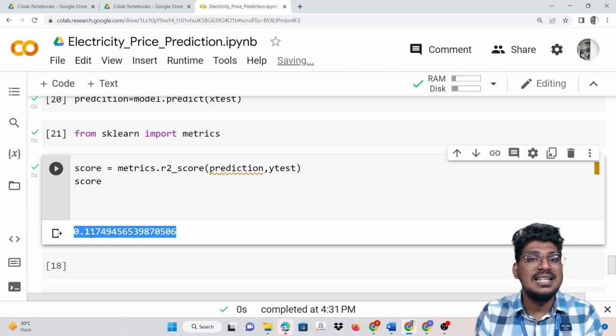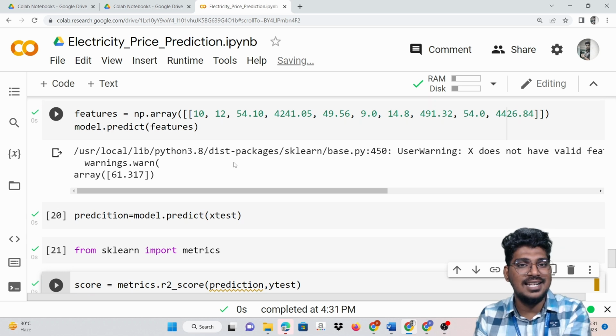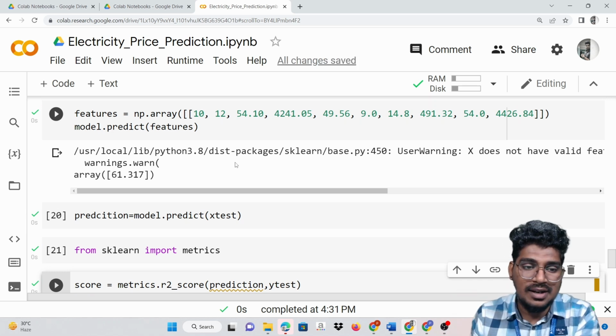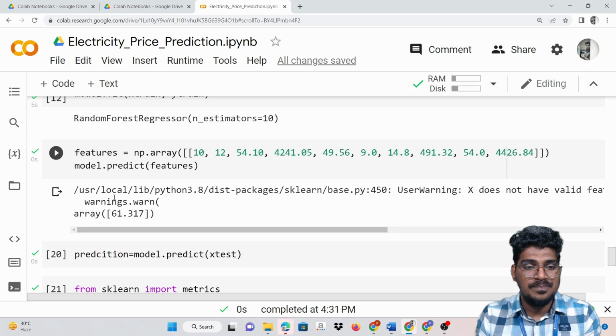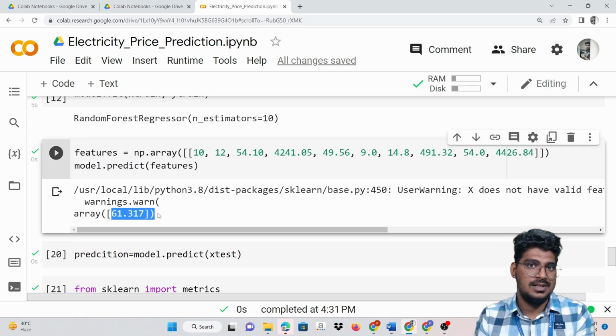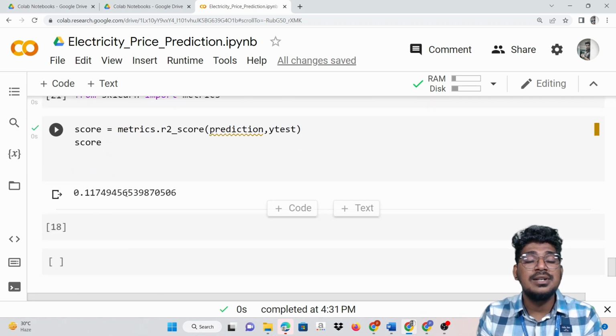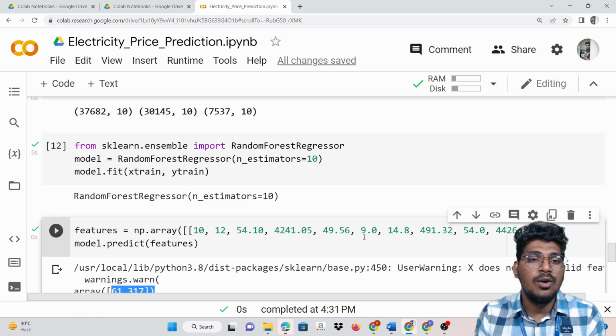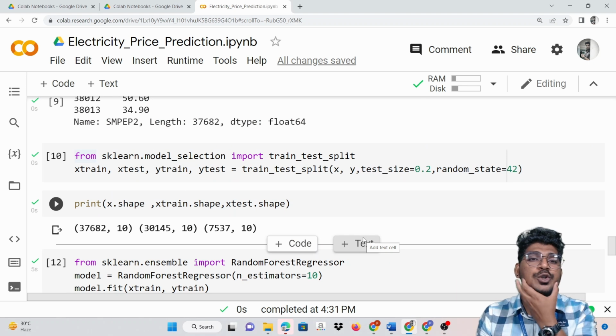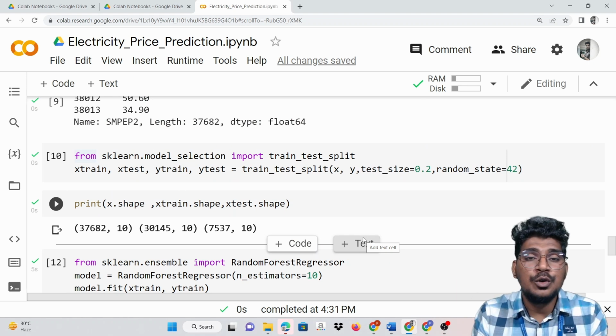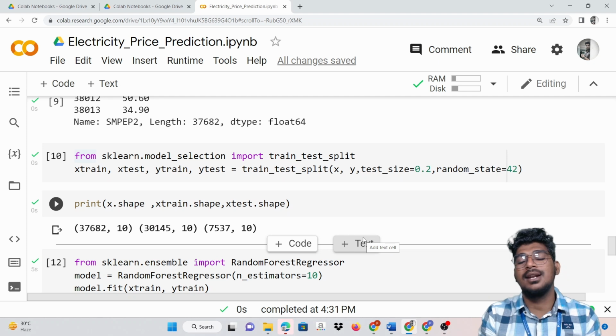Once it is giving a low score, we are going to choose another algorithm to train the model. Maybe this is not right actually. This value is not right, because this prediction is wrong, as our percentage score is nearly 0.11. So here we are going to choose a different algorithm to find the best performance of the model. The score needs to be very high.